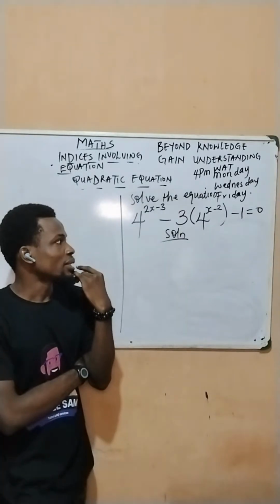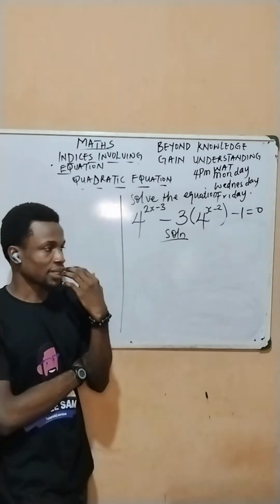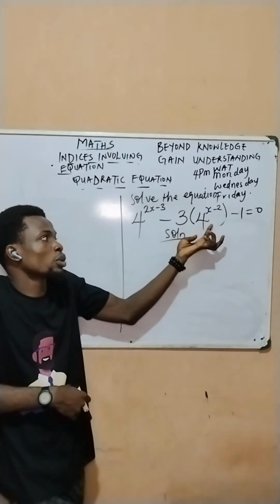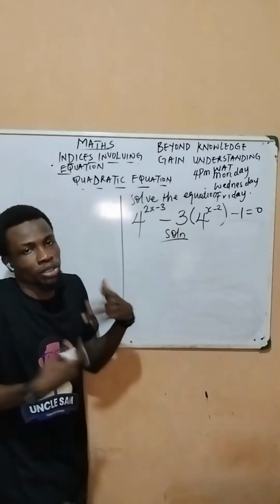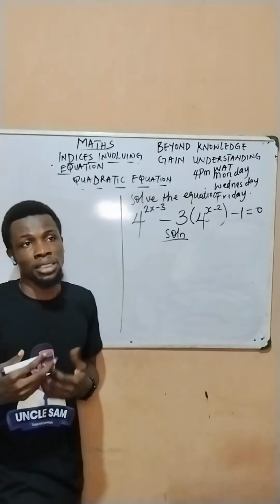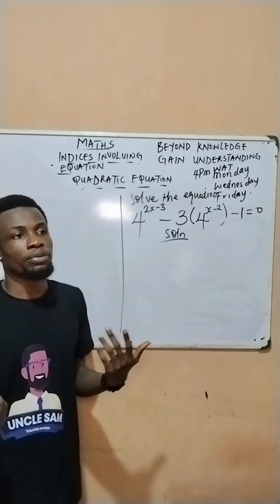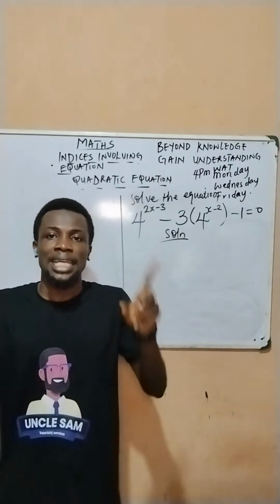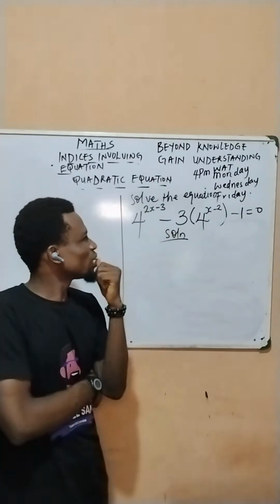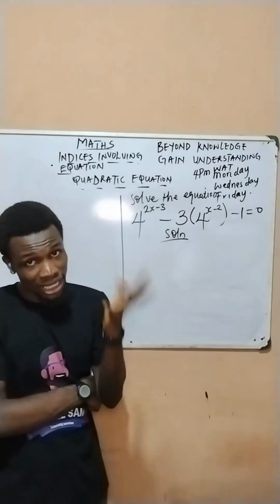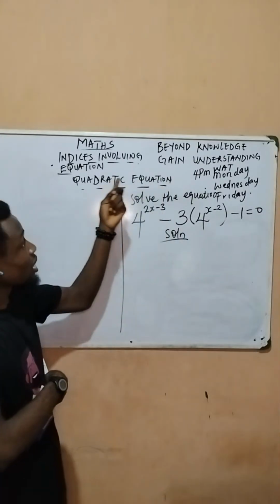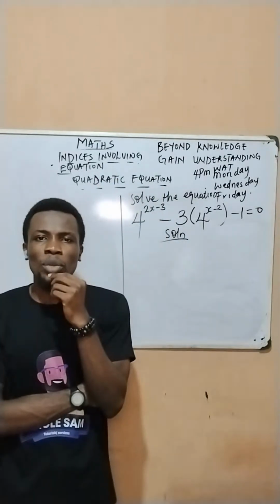Well, we know from the basic law of indices that if you have an expression, let's say that this was multiplication, we'd have just applied the first law of indices, which is multiplication of expressions that have the same base, simply meaning pick out one of the base and add up the power. But we can't really do that here. And since you already have an idea that what we're discussing is a quadratic equation in indices, we can actually